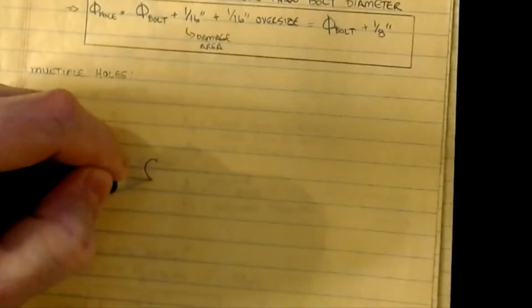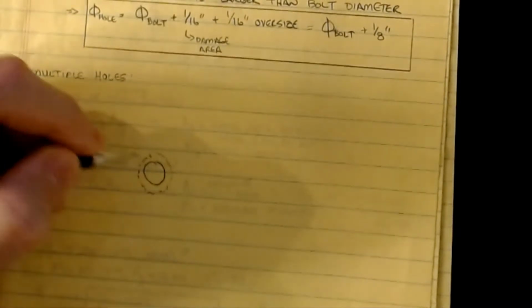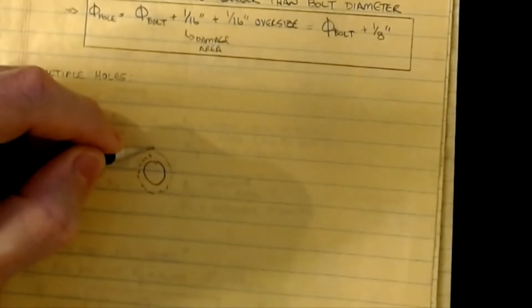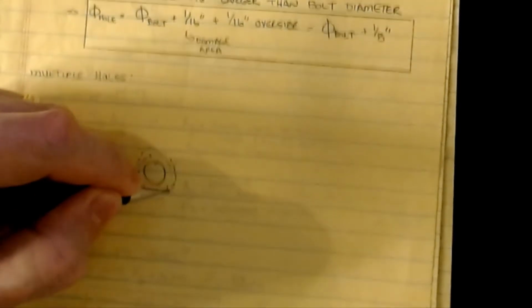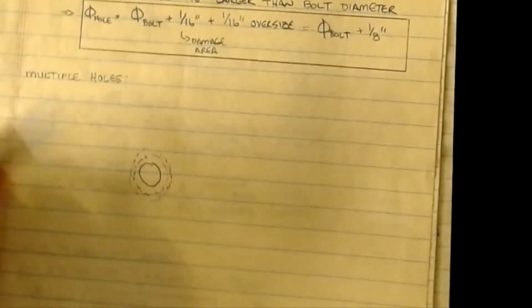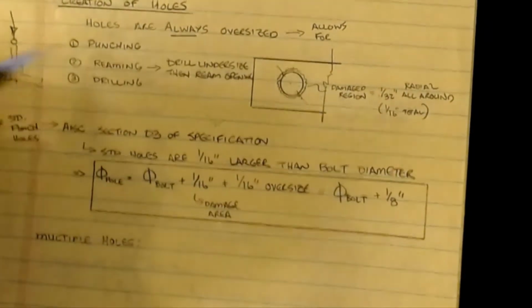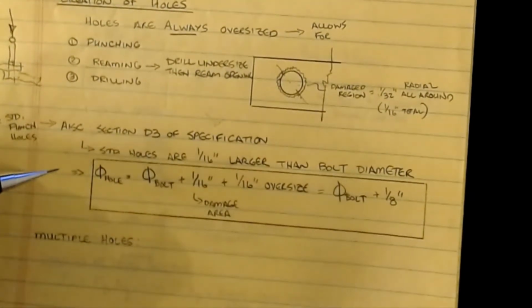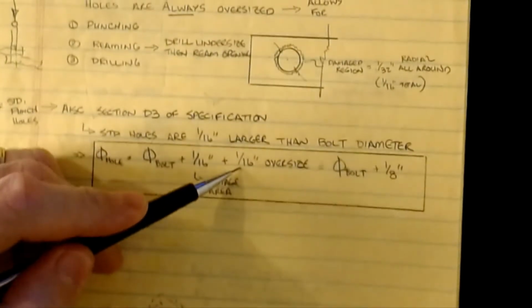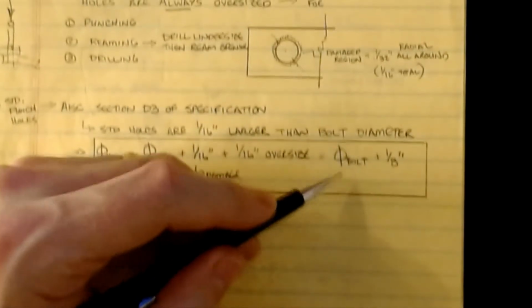So if you think about it this way, here's my bolt. In order to get it in the hole, I have to add a little bit, which would be what you're machining, and then I have to add a little bit more because of the damage that's created from the process. So for us, whenever we do a punch process, which is what we defined here, we have to add a 16th of an inch extra, plus a 16th of an inch for the oversize. So that means the size of the hole is going to be the diameter of the bolt plus 1/8